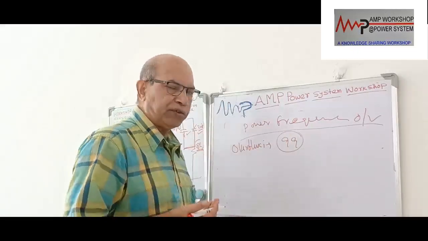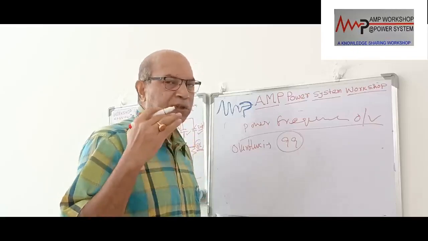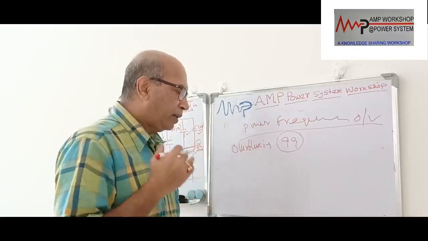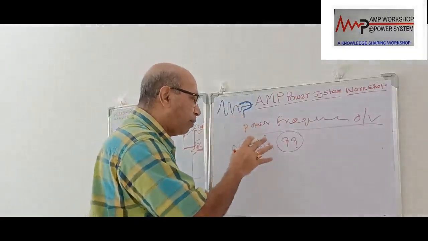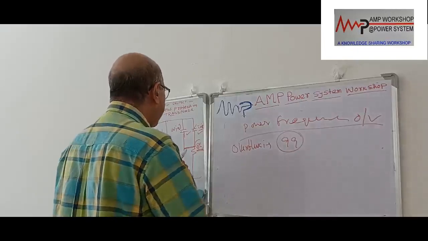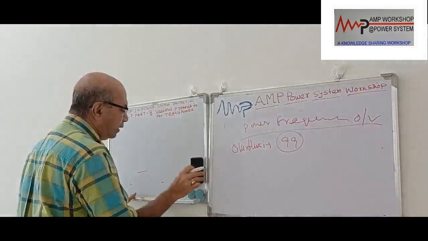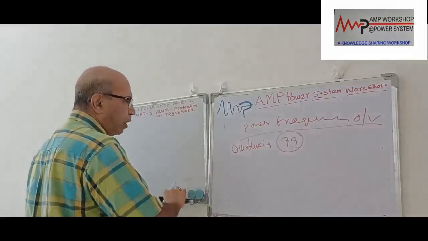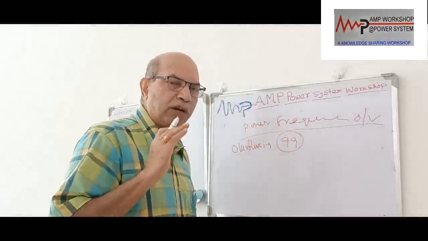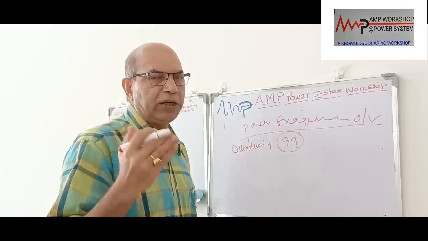When there is over voltage in the system, we have already said that due to over voltage operation, transformer insulation can be continuously subjected to this high voltage and the insulation can fail with time. Along with this, there is another issue. When this transformer is operating with over voltage, if the frequency of the supply coming to the transformer is not the rated frequency and is below the rated frequency, then this effect will be more severe. One is over voltage, which puts stress on the transformer winding, because power frequency over voltage is normally continuous in nature. It will continue while the over voltage is going on, if it is not captured or attended to.